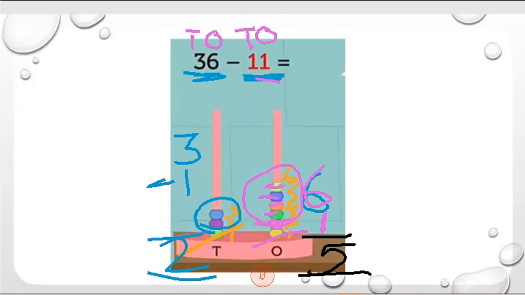How much is the answer, child? 36 minus 11 is equal to 25. That is the answer. Yes. So it is a simple way you can do it, isn't it? That means 36 minus 11 is equal to 25. Wow. I hope you are going to do subtraction without any mistake and without the help of your parents. Okay?